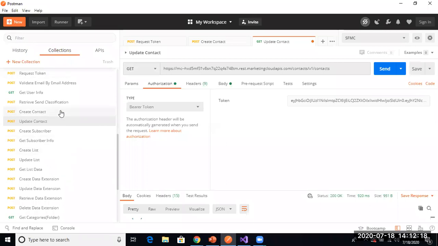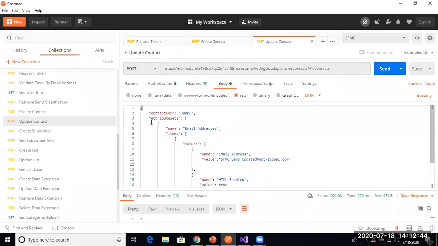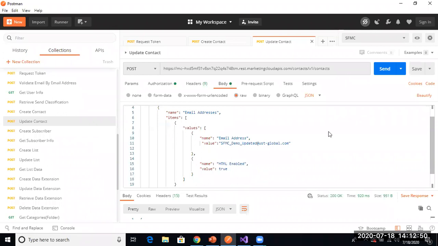So this is all about the contact. I have just given a small example of how we can do it, and it's based on your use cases. Like I just updated the email address, if you want to update something else, like first name or last name, you can do that too. You just include the name of the field and then the values you want to update. That is the payload which we can use as a generic payload, and based on your requirement you can update the values. So this is how we can create and update a contact. Let's move to the